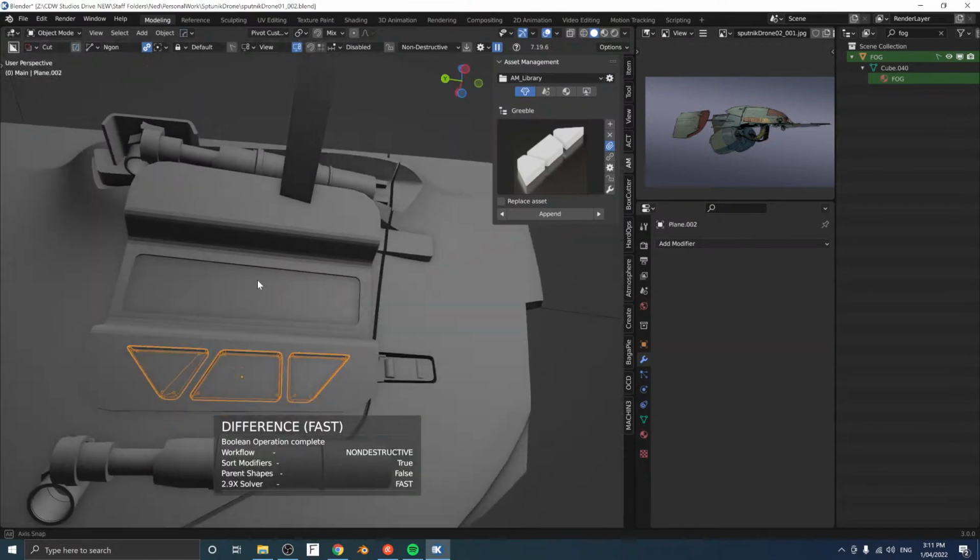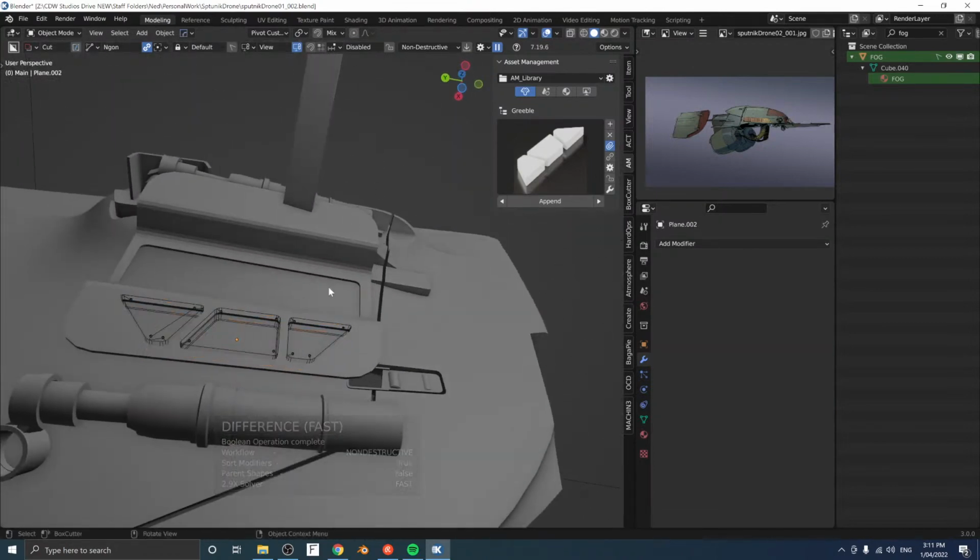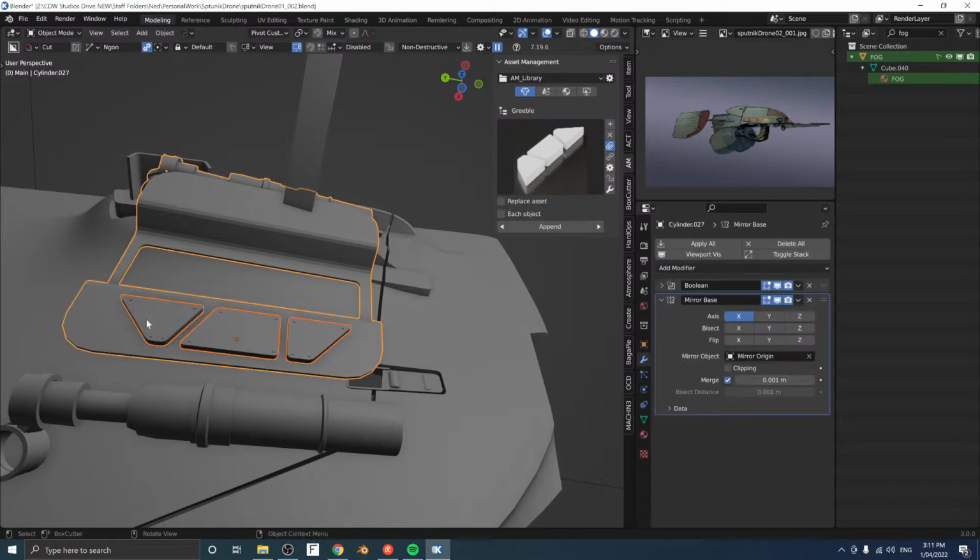Difference boolean there. Actually, let's do that with Heavy Poly because then it'll